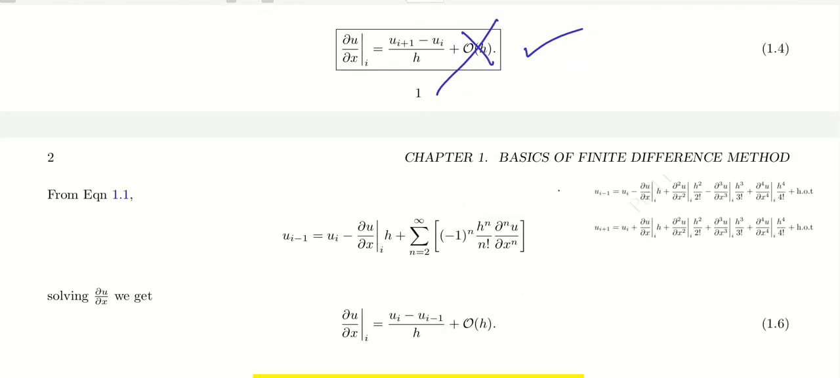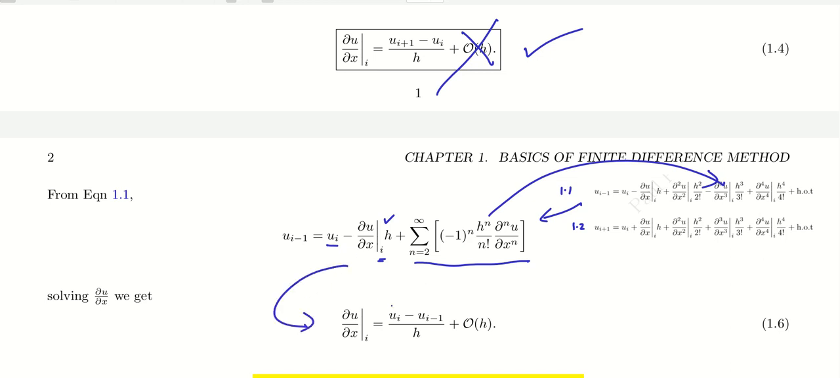I have just written this as my equation 1.1 and this as my equation 1.2. The first equation, 1.1, can be written in this way: u i minus 1 equals u i, the second term is minus del u del x computed at point i multiplied by h, and the rest of the terms can be clubbed as this sum formula. If we expand this, you will get all the higher order terms there. Therefore, solving for del u del x, it will imply del u del x computed at i equals u i minus u i minus 1 divided by h,